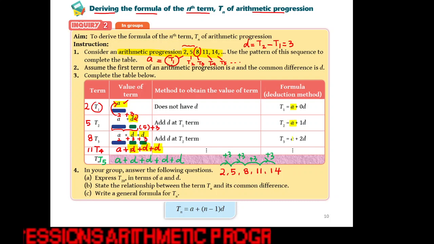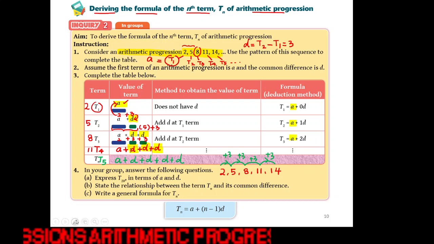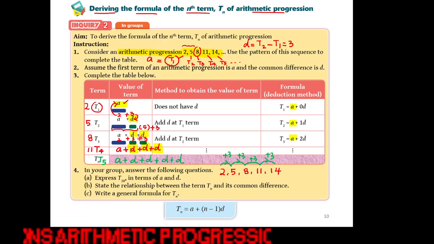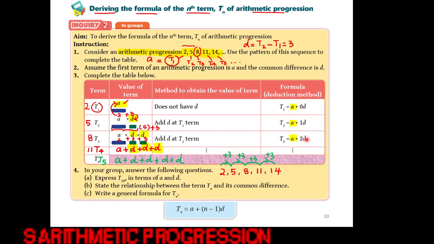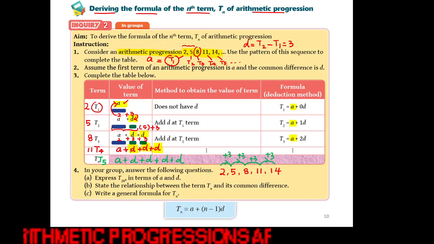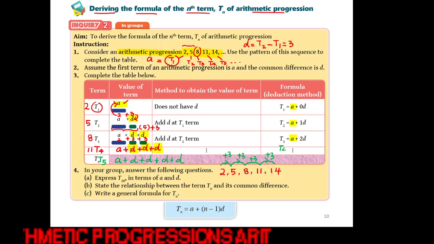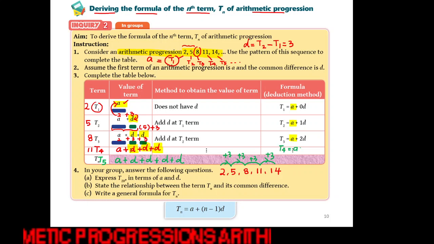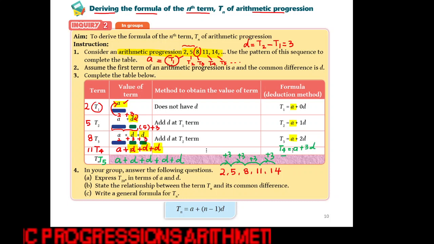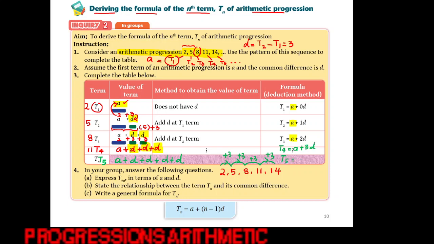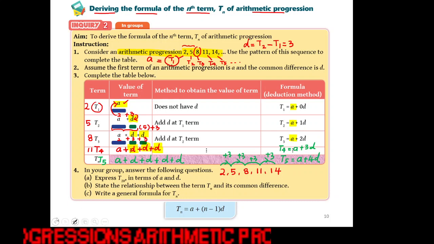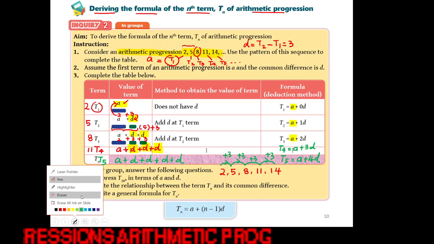Alright, I'll highlight all the A's. And then the third one you see, there are 2 D's here. So 2 D's here. And the fourth one is actually T4, which is A plus, yes, 3D. T5 is A plus 4D. Alright, so by deduction method,